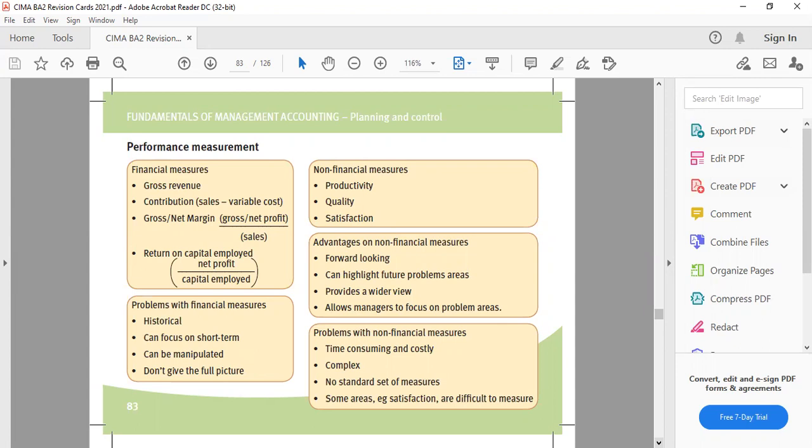On the other hand, there are non-financial measures also. So non-financial measures, the advantages are,